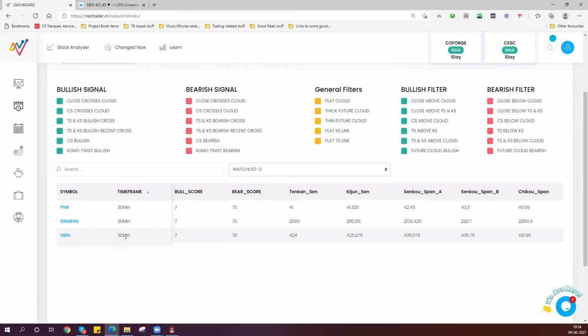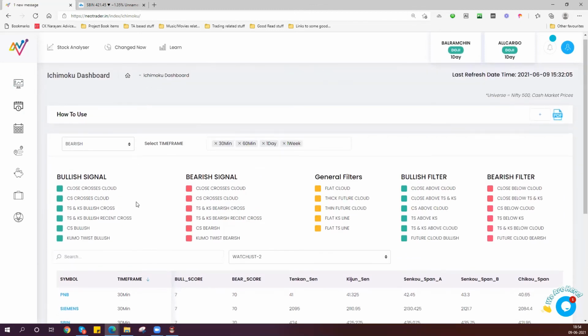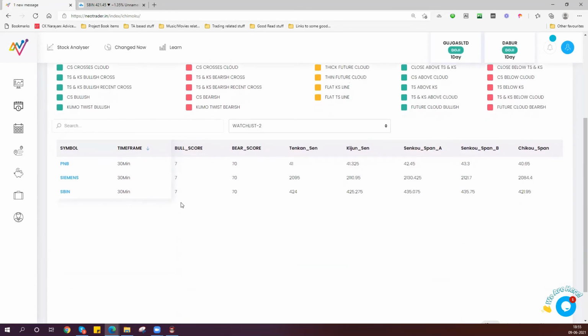We'll take up all those in future videos. But this is the main thing that I wanted to convey to you. Just start tomorrow, start today, whenever. Open your Ichimoku dashboard. Whatever you feel about the market, bullish or bearish, that is up to you, right? So if you're feeling bearish about the market, select bearish, keep the time frames open, don't do anything.